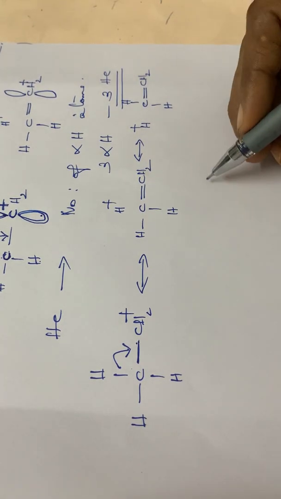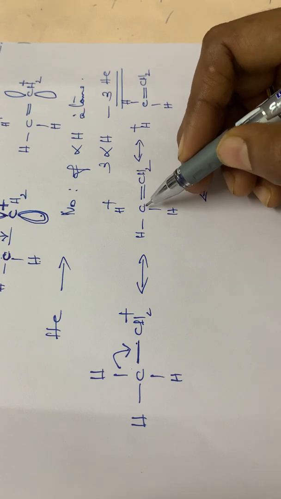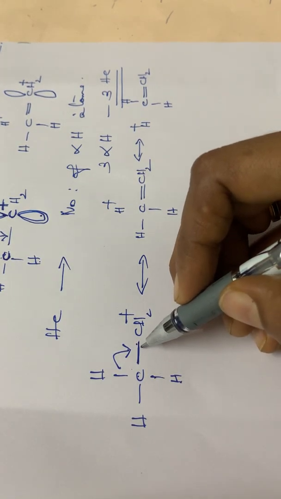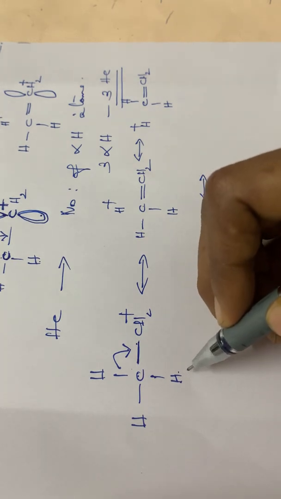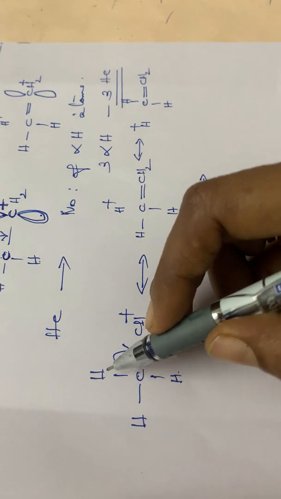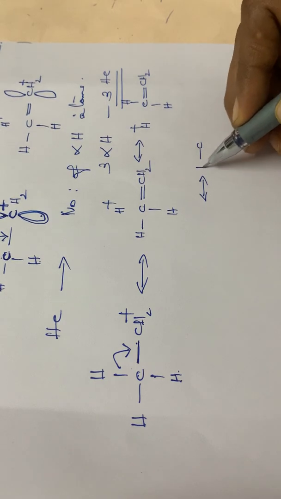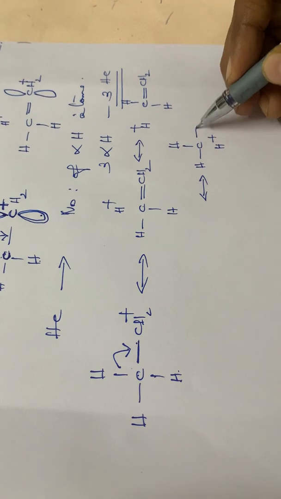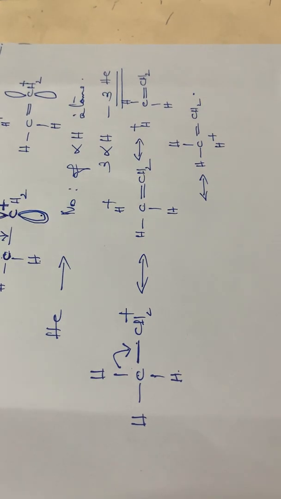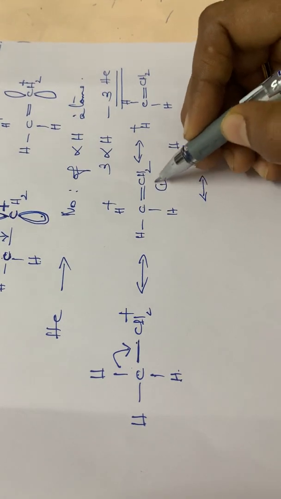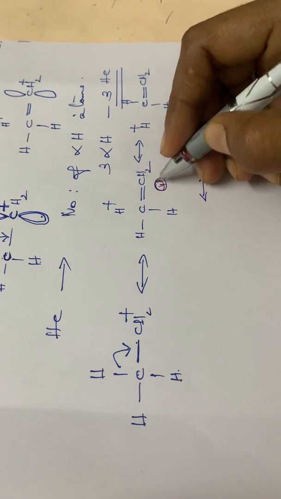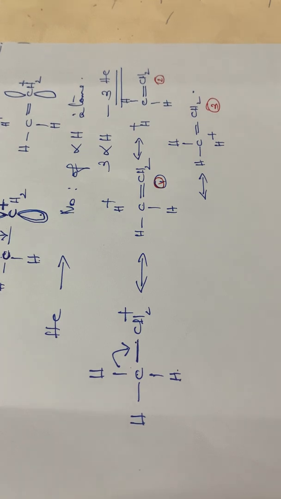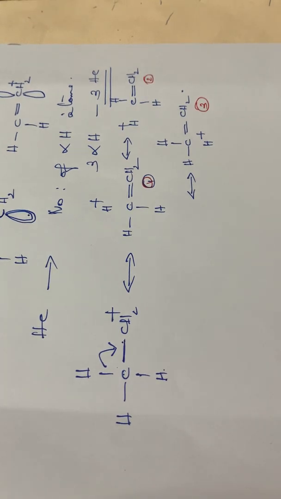Okay, then the third hyperconjugative structure is with respect to this carbon hydrogen. This electron pair will be shifting to this position, so this hydrogen will get a positive charge, and the other two will remain as such. So CH2, then H plus, then here it becomes a double bond CH2. Okay, so these are the 3 hyperconjugative structures, 1, 2 and 3. So the number of hyperconjugative structures depends upon the number of alpha hydrogen atoms.